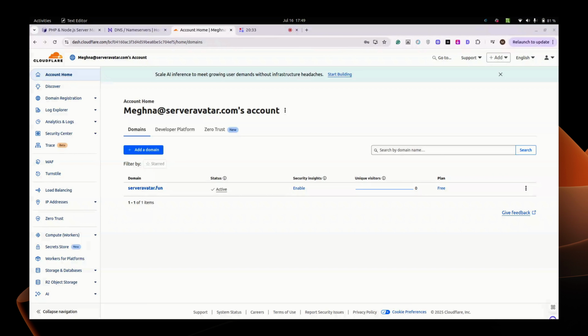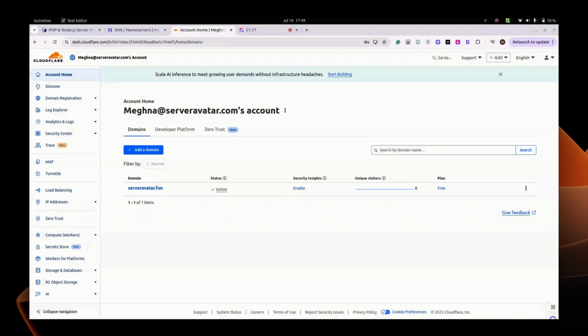Next is the TXT record. The TXT records hold text information for various purposes like email verification or domain ownership. Next is the NS record, which is a name server record that specifies the authoritative DNS servers for your domain, which manage your DNS settings.